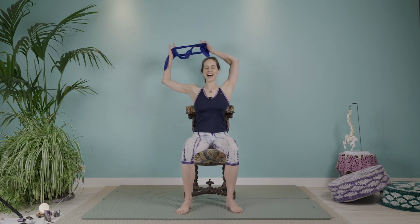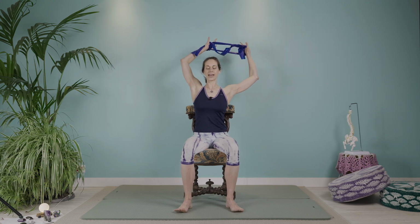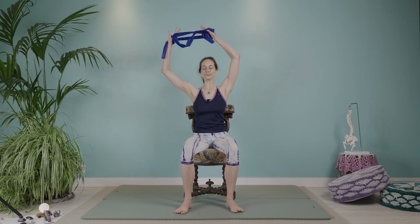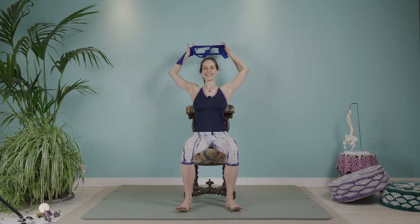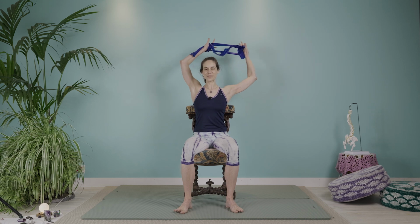So, side, forward, side, and back. It's almost like we're creating this portal overhead. It's very cool. Tapping into that sacred geometry of the circle. Easy breath. And as we continue to circle overhead,